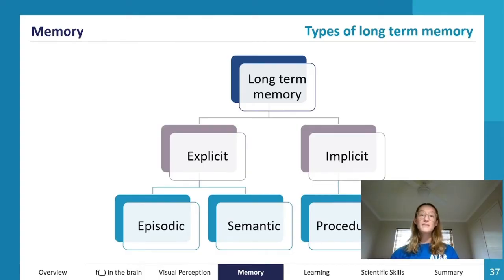So explicit memory, think explicit, think facts, names, images, and events. So explicit is very factual, the things that you know. So for example, if on an exam you were asked, what are the types of long-term memory? If you could say it is explicit and implicit, that would actually be an example of using your explicit memory, such as naming the countries of the world, and all of those, facts and images, names, events, all of those are our explicit